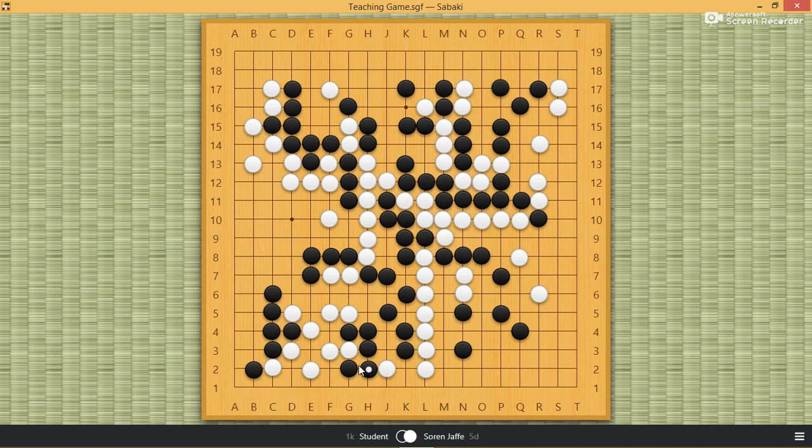Hane, because then this would be pretty risky. So, after peeping, I take this move. Connect, and then play down. Push. Hane. Connect. And black tries to...